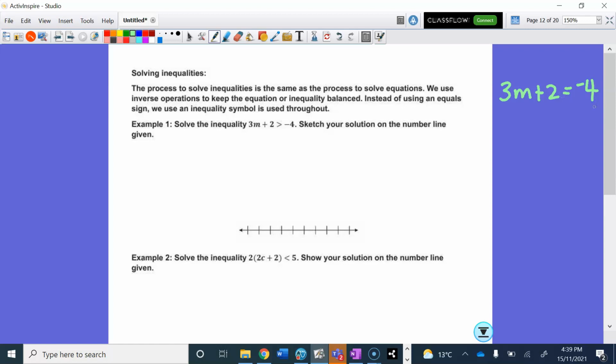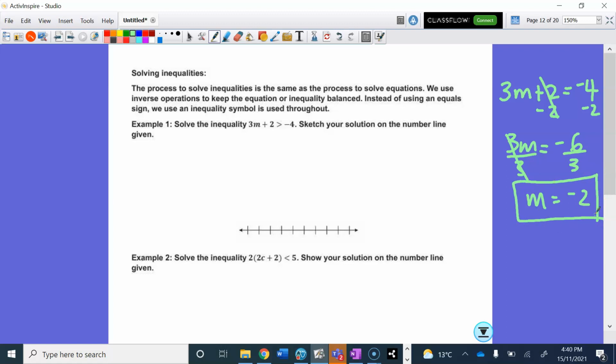You know how to undo two-step equations, and you would subtract 2, I hope, from both sides and cancel, and end up with 3m is equal to negative 6, and then hopefully to get rid of that 3 in front of the m, you would divide both sides by 3 and cancel, and end up with one solution, or one value of m that makes